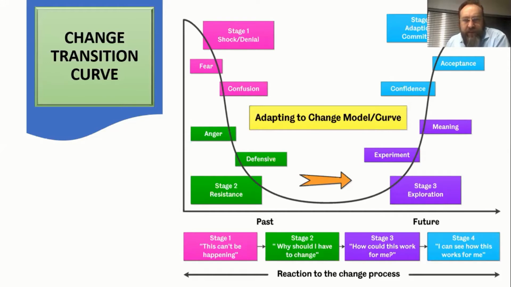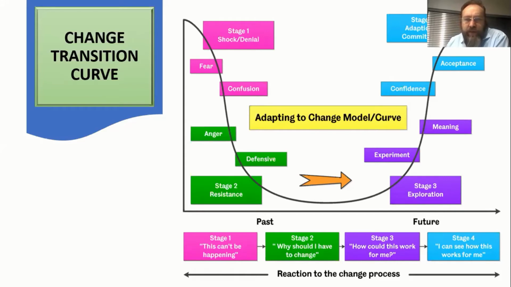But typically, if you see at the bottom of the graph, it's very clear there. The question that employees will ask at this stage is, why should I have to change? So at this point, they've worked through the initial shock and the denial, and now they're at a point where they refuse to accept that change is beneficial to them. So what change leaders need to do is to help them through this very difficult transition, the most difficult stage,